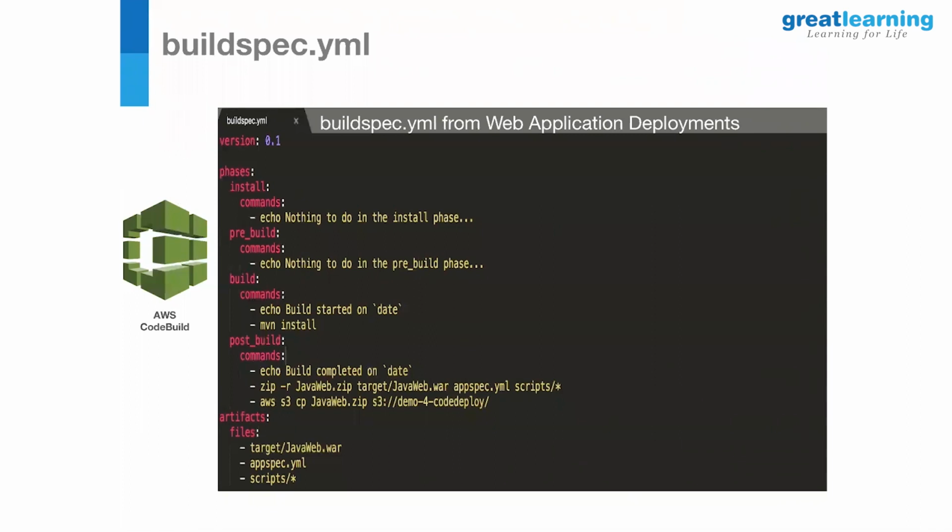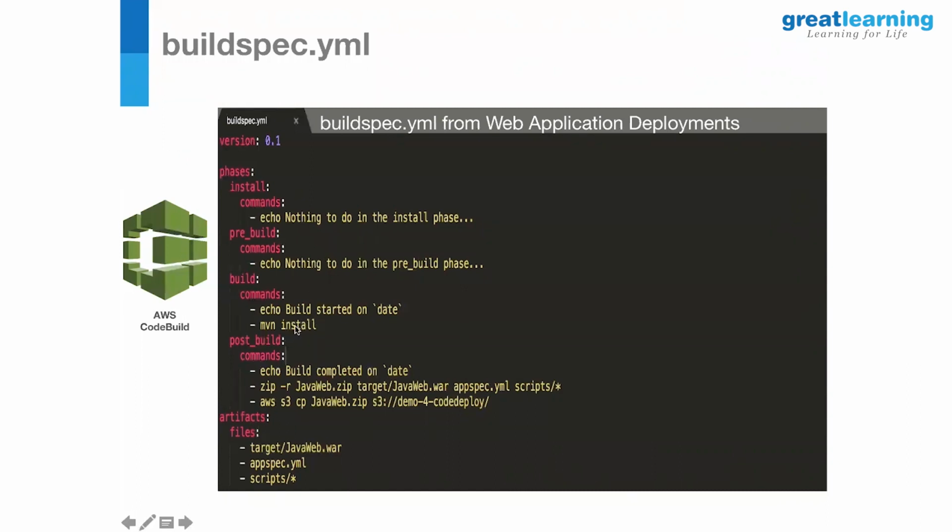So what kind of commands can be added in each of these sections? In install, it is recommended to use the commands that you want to configure your build environment. And in pre-build, for example, if you want to install some npm modules, or sign in to Amazon ECR, anything that you want to do before your build can be done here.